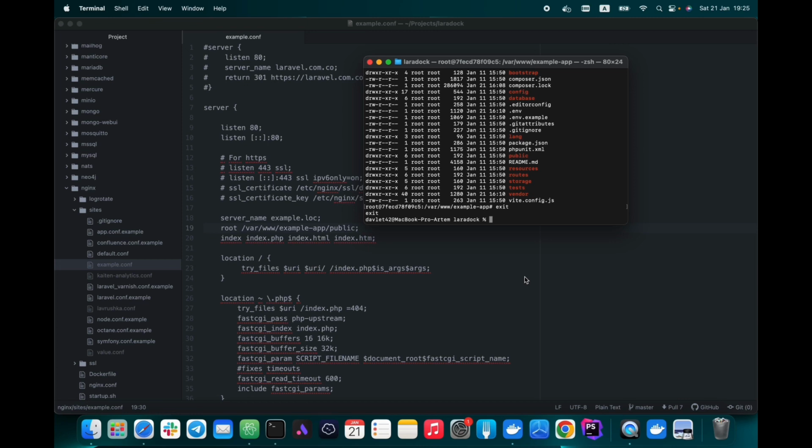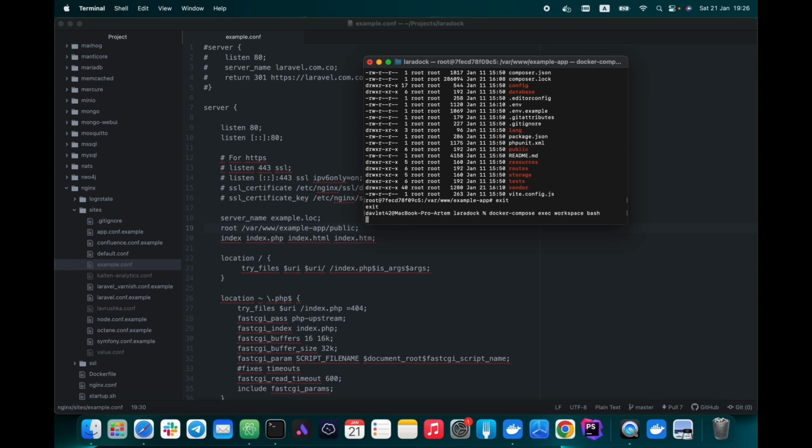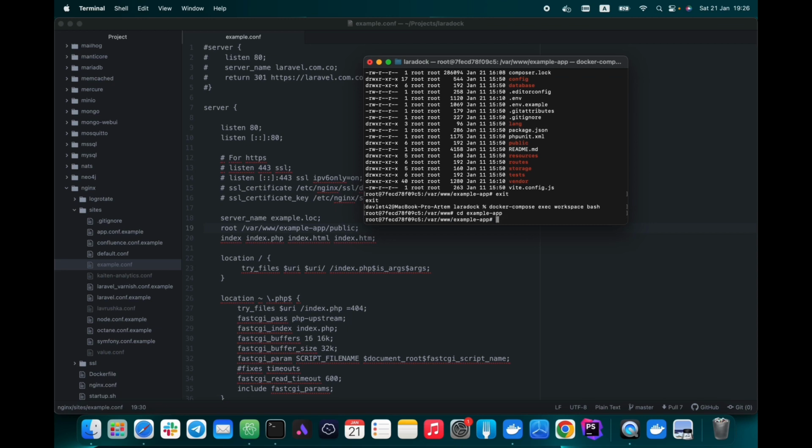Next, return to our workspace container by running the command docker compose exec workspace bash. Go to the project directory and check if the env file exists.